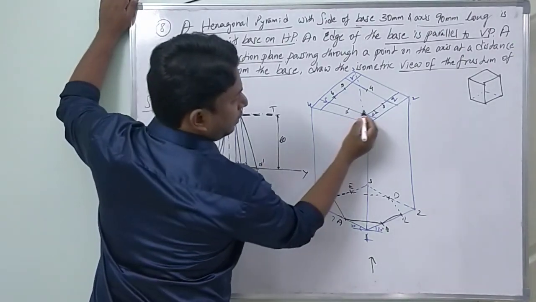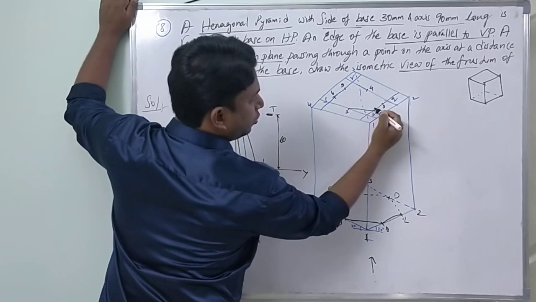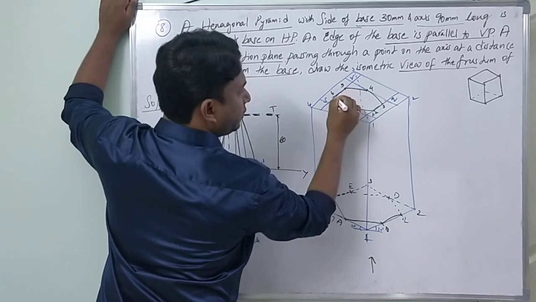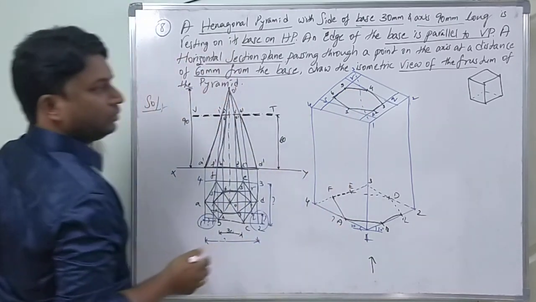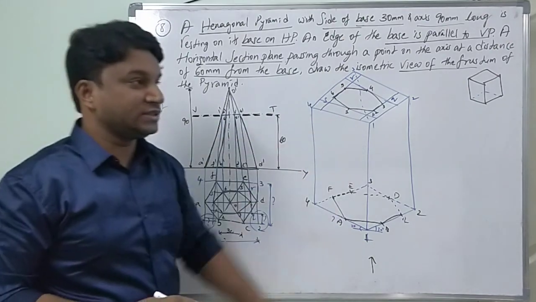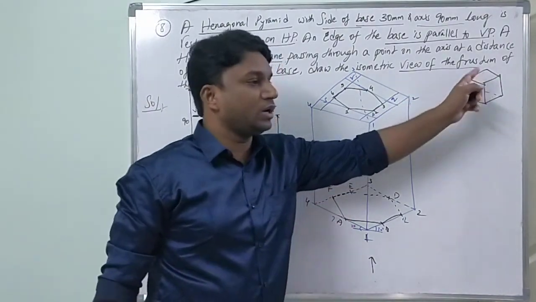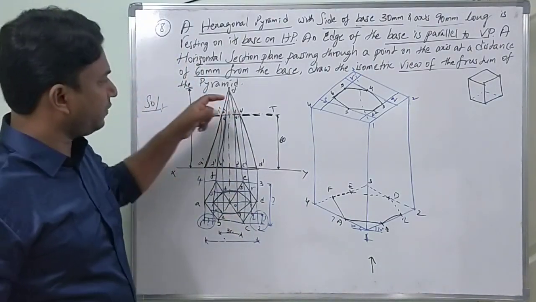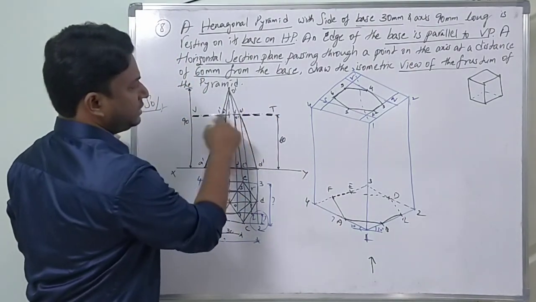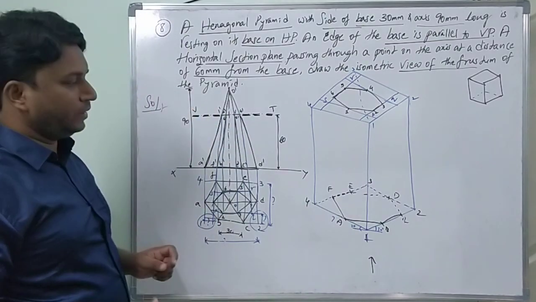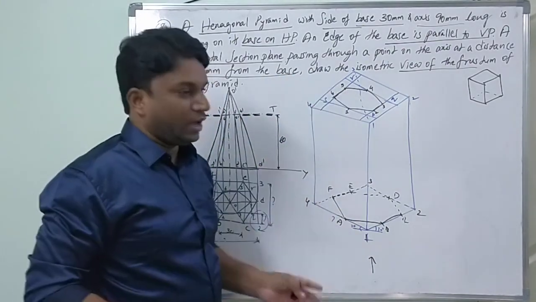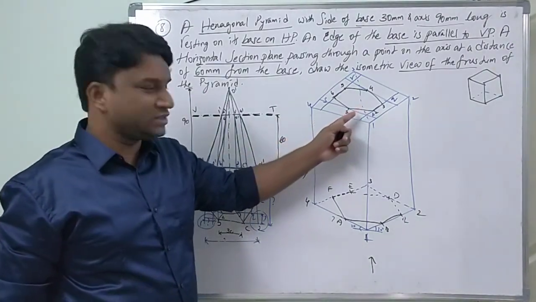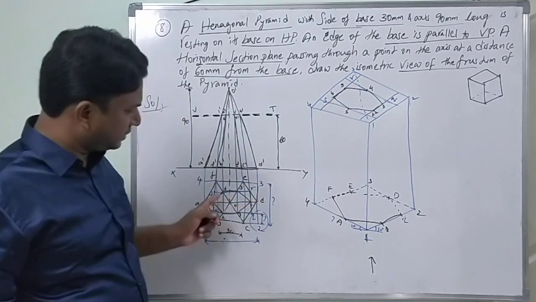Now simple here: 1 to 2, 2 to 3, 3 to 4, 4 to 5, 5 to 6, 6 to 1. I have drawn the complete hexagon. Why? Because in the iso top, whatever the top shape is, it will be visible completely. So the frustum part, when you remove this particular place from the top, is clearly visible. Now completing the edges, the triangular edges. This hexagon, I think you understand, simple. 1, 2, 3, 4, 5, 6 in this box.